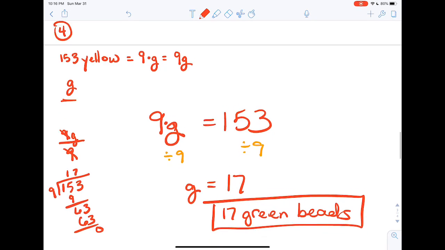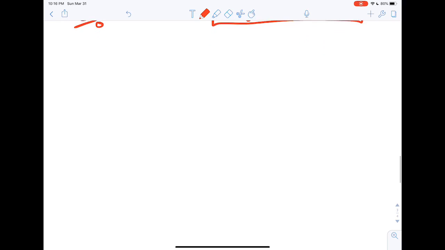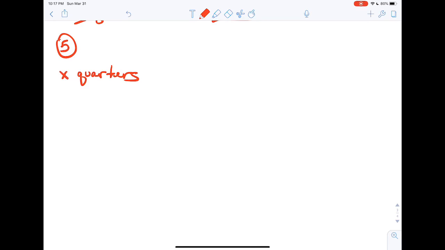Okay, let's do number 5. This will be our last one. Okay, Ivan had saved some quarters. Now it doesn't tell us how many quarters, just saved, let's say, X quarters. And then it says he spent 50 quarters,